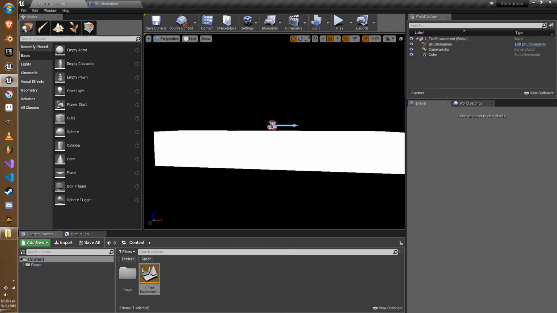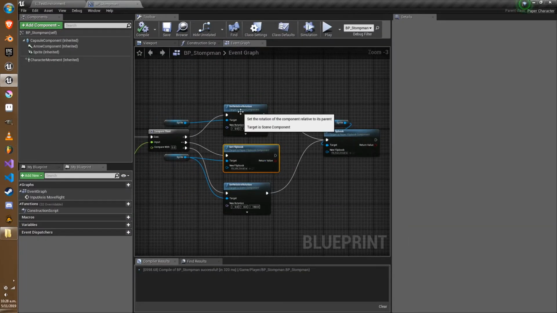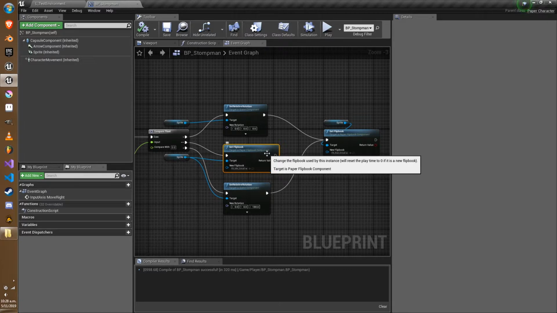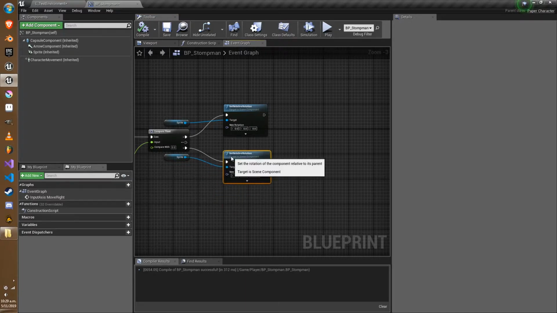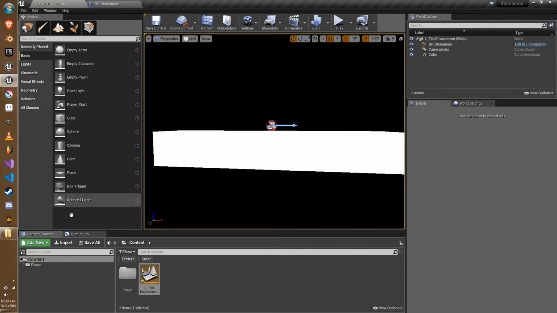The only issue there is that when you start to add more animations doing it like this, it becomes quite tricky to keep track of what animation should be playing and all the conditions that you need to make sure that you're switching to the right animation at the right time with no errors. So we're just going to get rid of that entirely and just save it. And what we're going to do is go back into our content browser,